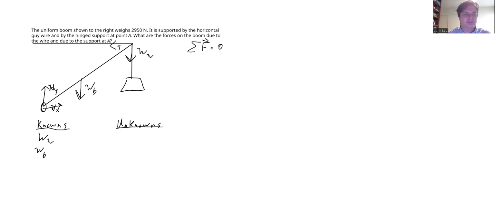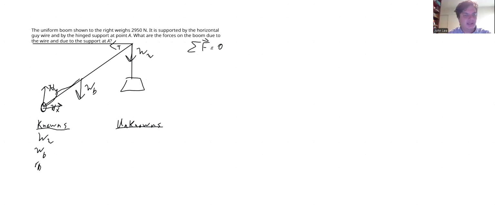We don't know the H_x or the H_y, so we don't want that to contribute to our torque at all. We choose the hinge to be our zero point, our pivot point,